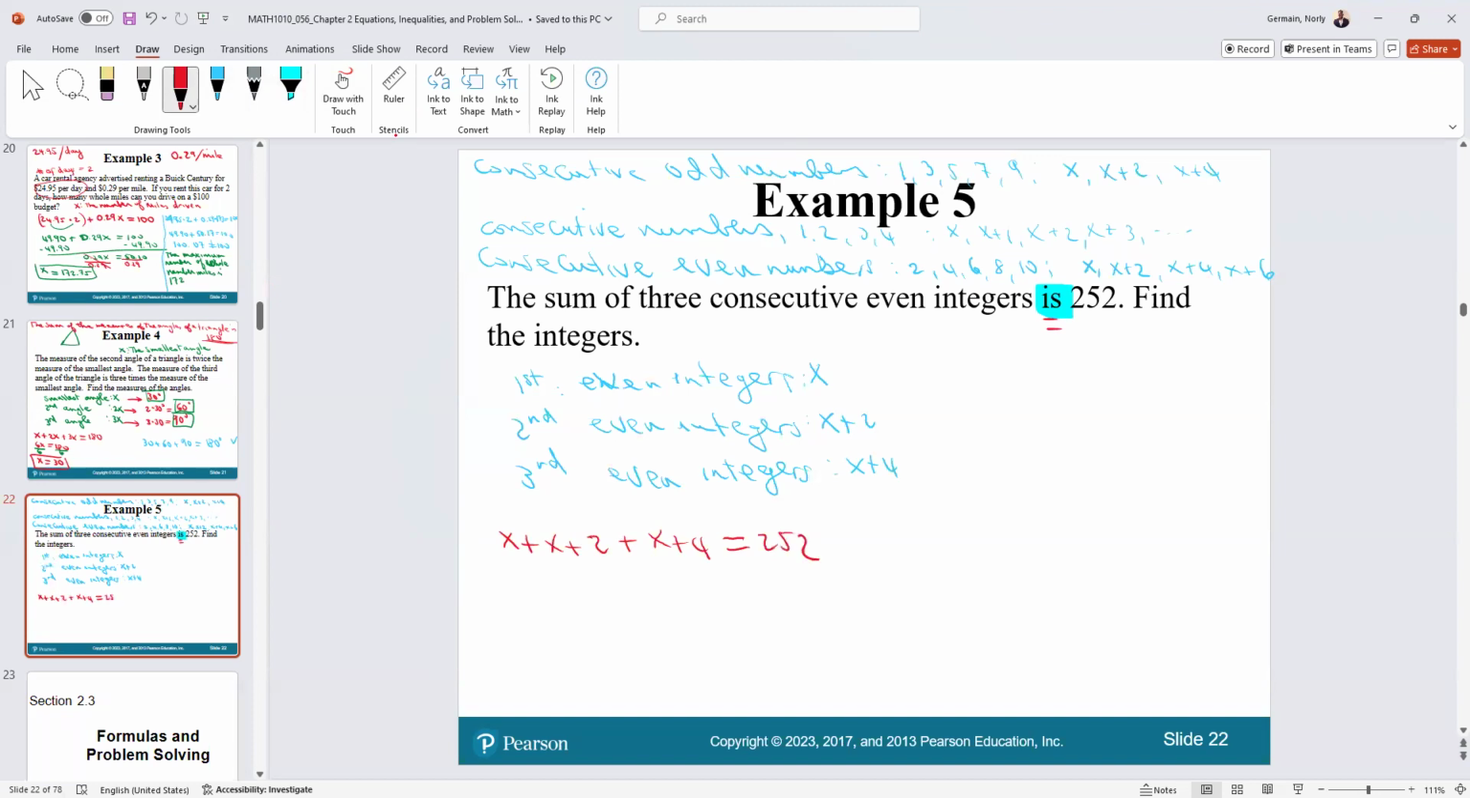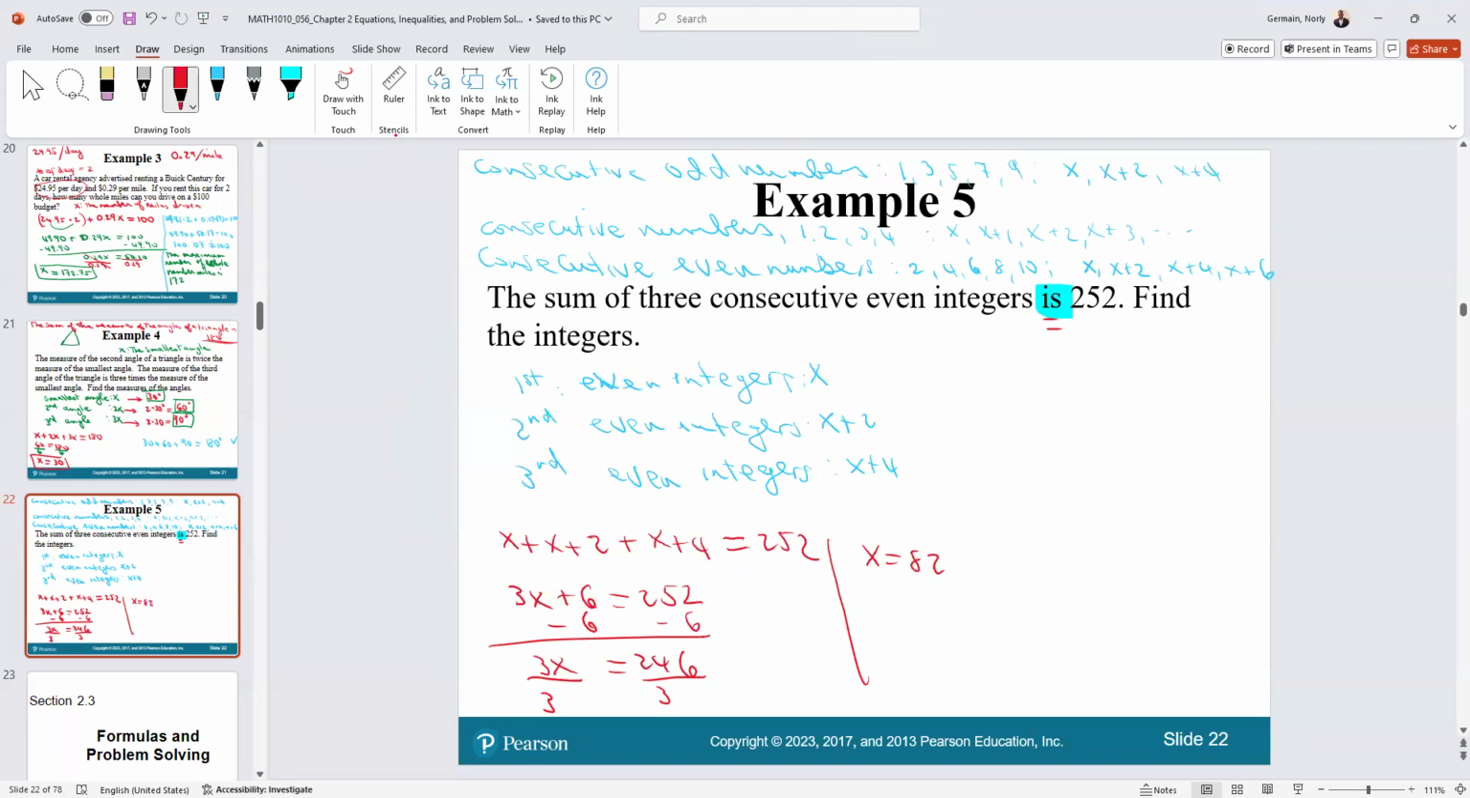to 252. Now, if we add 1x plus 1x plus 1x gives us 3x, 2 plus 4 is 6, equal to 252. We need to isolate the x, that means subtract 6 from both sides. We have 3x equals what? 3x equals 246. Now we need to divide both sides by 3 to make sure we have only x on the other side. So x would be what? Yay,